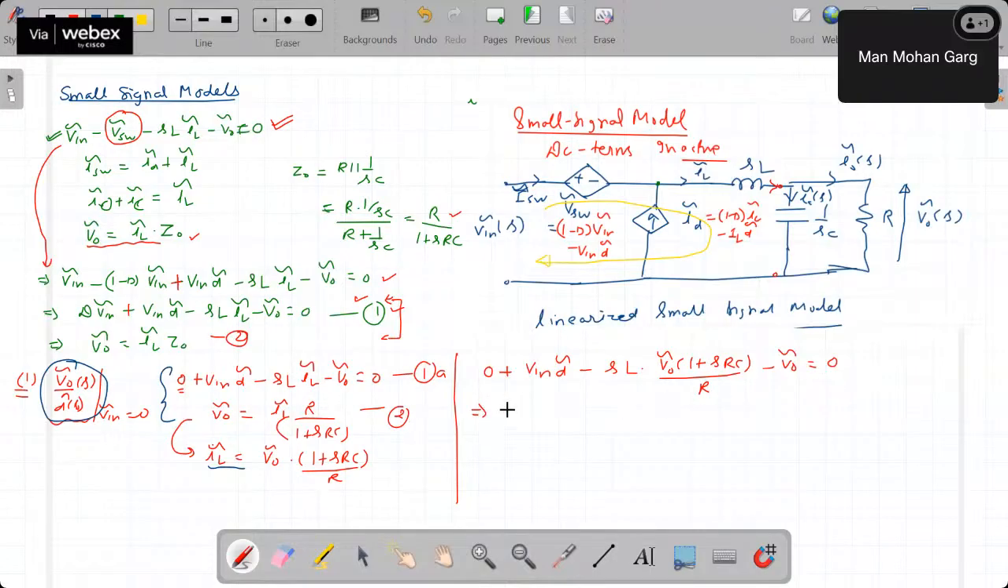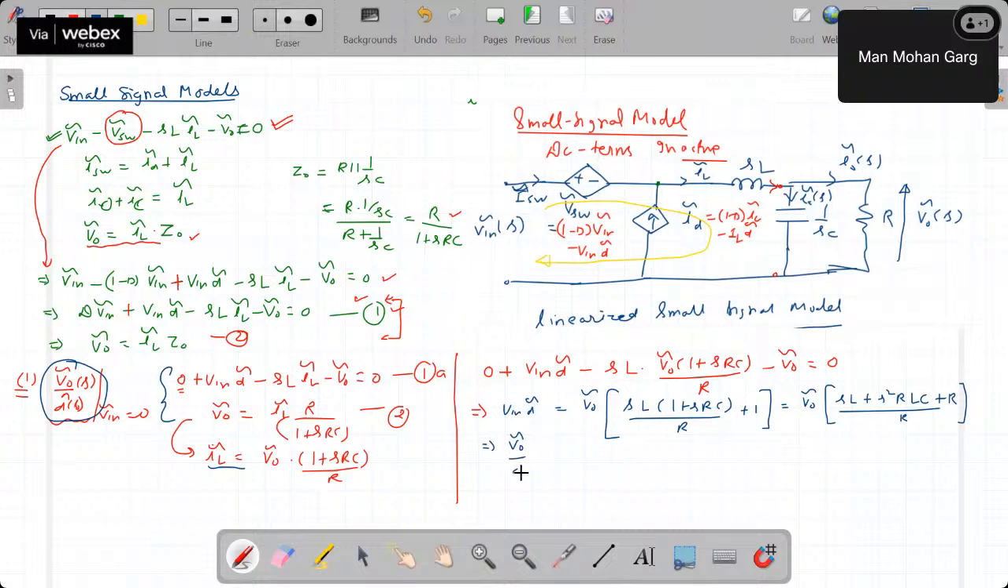I will simplify this. So this is V in D cap. I will take both values on both sides. So V naught is common: SL, 1 plus SRC upon R, plus 1. Okay, further simplify it. Let's say V naught. If you simplify this, this will give you SL plus S square RLC plus R, divided by R. Okay. So if I want to find V naught upon D,